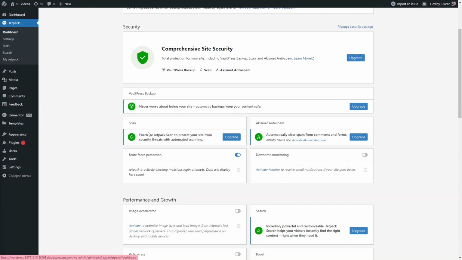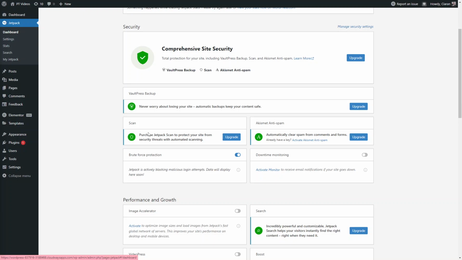If any issues are found, Jetpack will alert you with an email notification and provide guidance on how to resolve the issue. The scan feature allows you to stay up to date with the latest security best practices by providing recommendations on how to improve your website security. So for example, it may suggest that you update WordPress and update plugin versions as well, use strong passwords, or